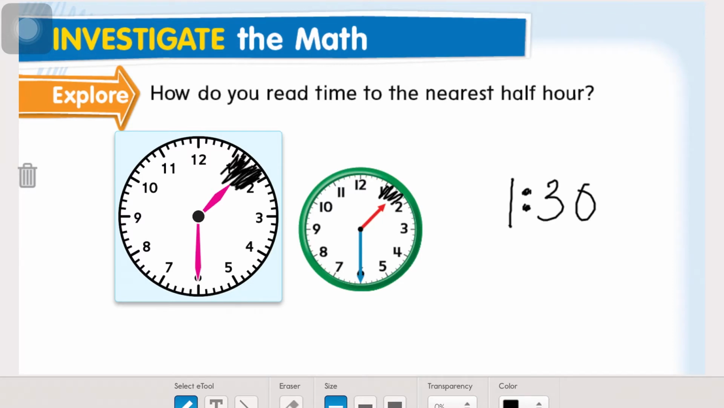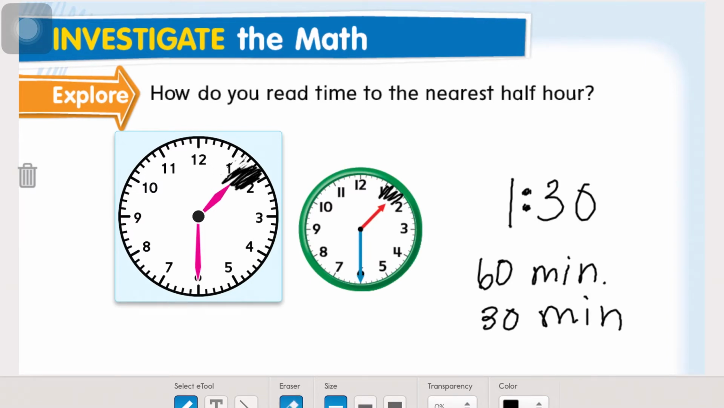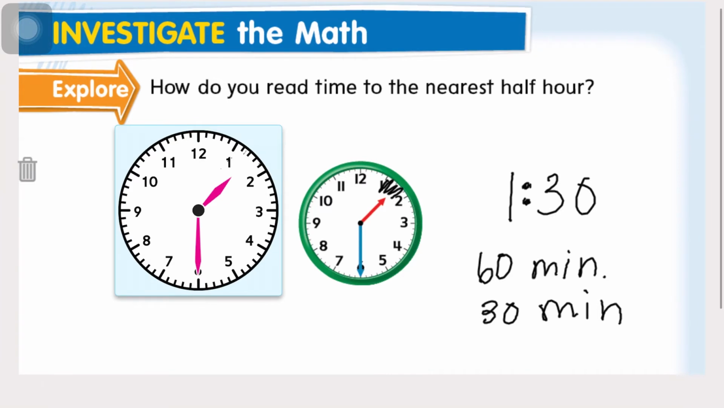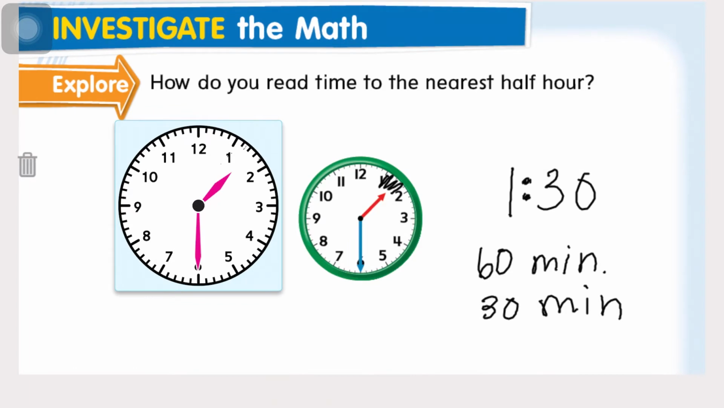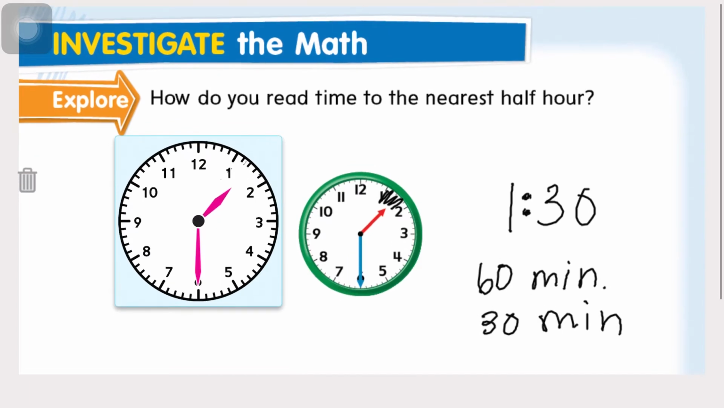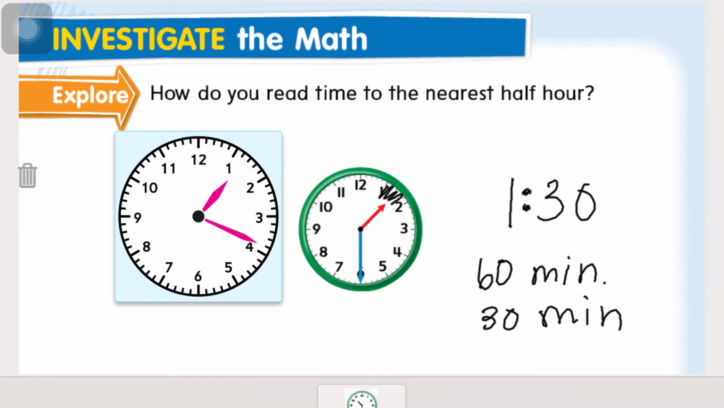1:30. Remember we talked about how an hour is 60 minutes. So half of that would be 30 minutes. And if we look at our clock over here, erase this real quick. If we look at our clock over here, we've got the minute hand on the 6. If you start up at the 12,